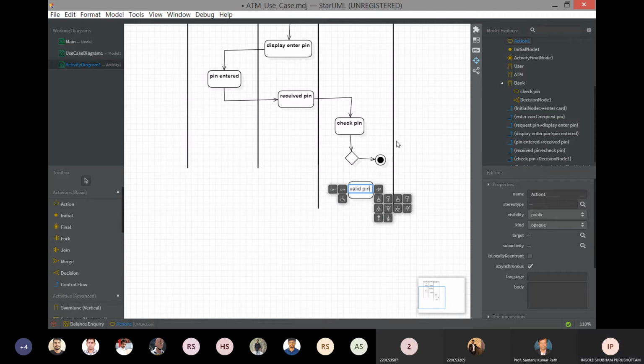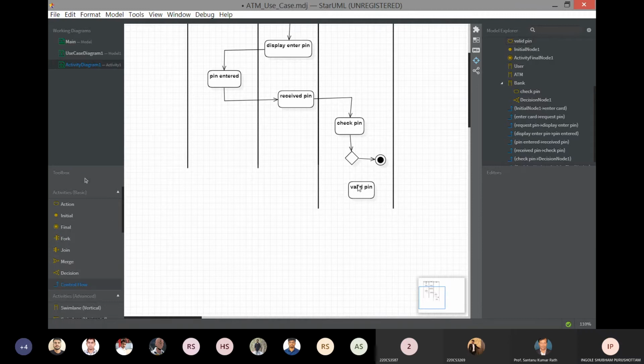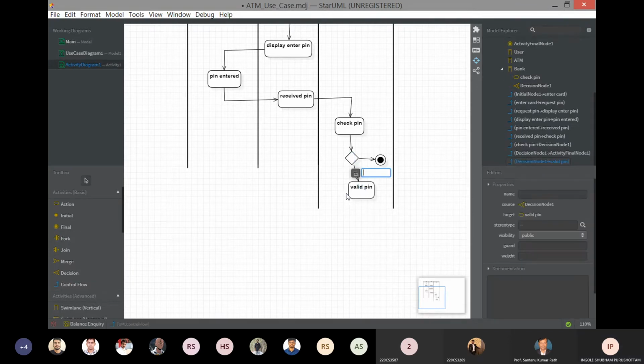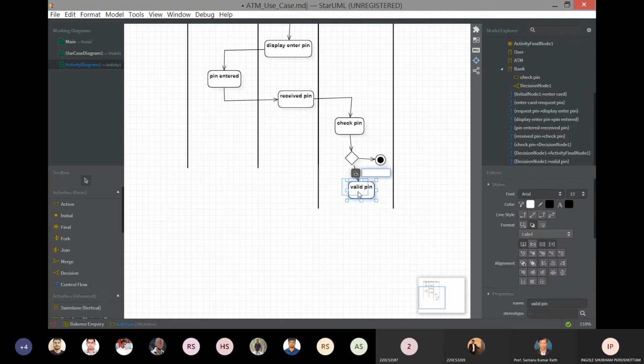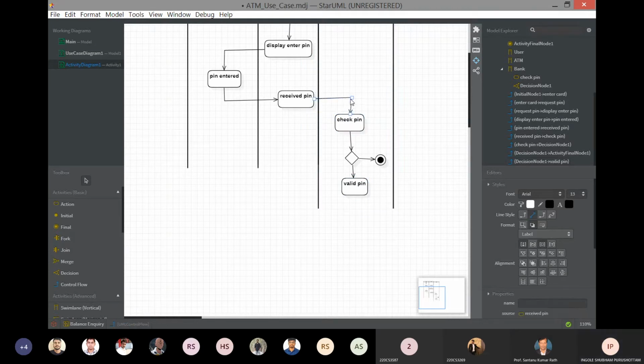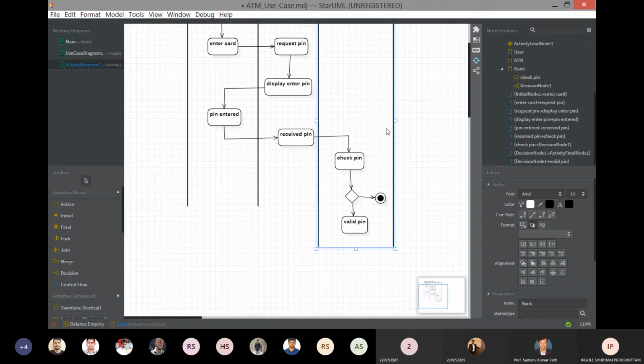Valid pin in the control flow. Again, increase the size of the swim lane.